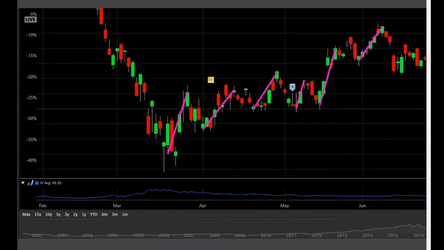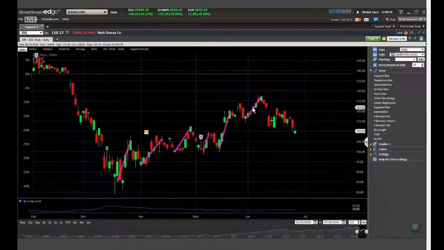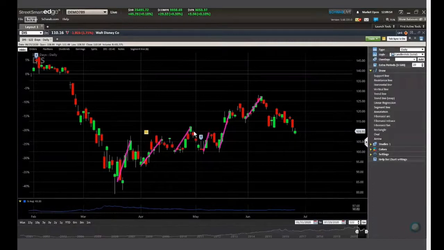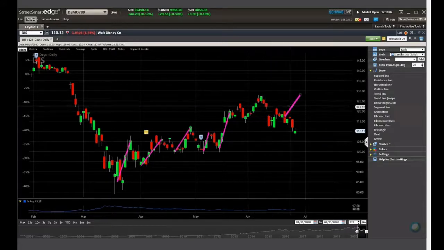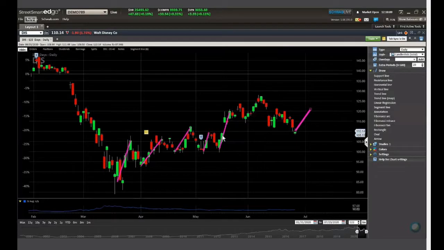Okay, now watch what you can do. Watch how cool this is. You can grab each one of these, and let's say you think this 110 is a bottoming point. Maybe you've identified this resistance level over here, and you saw a little bit of support over here. Maybe you're thinking about the psychology of the number 110. What you can do now is you can left click and grab and drag your measured moves.